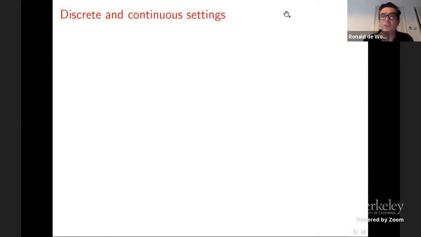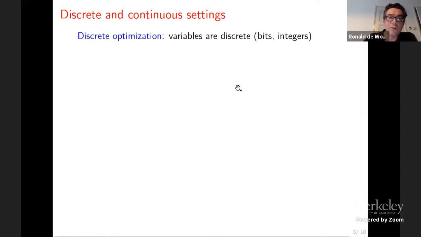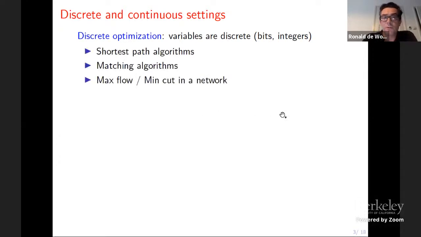And I want to distinguish two kinds of optimization, namely the discrete and the continuous setting. In discrete optimization, the variables that you can play with, so the variables that determine your set k of feasible solutions, are discrete. So think about this as either bits or integers. Right, and discrete optimization problems include the shortest path algorithms that I already mentioned, things like matching algorithms, max flow, min cut in a network, and also